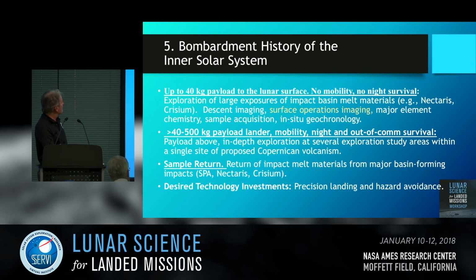Bombardment history of the inner solar system. Again, if you go to the surface and spend 2 weeks there, you'd want to take descent imaging, surface operations imaging, major element chemistry, if you can, and obviously acquiring a sample to do that, and in situ geochronology. Here, the idea would be to carry on a small lander, or a series of small landers, the same instrumentation that allows you to do the geochronology, for instance, at multiple locations, and thereby get a handle on the